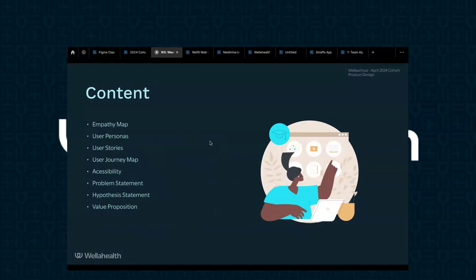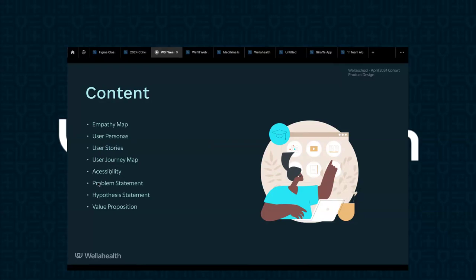Right. So the reason why you did all these interviews and spoke to your users and all of that is to be able to empathize with them, right? So for that reason, I'm going to introduce you to some tools that are going to help you empathize graphically with the users that you're serving. So we're going to talk about empathy maps. You're going to draw empathy maps for your users. Then you're going to construct user personas. Then you're going to write user stories, a user journey map, and then you're going to consider accessibility in your